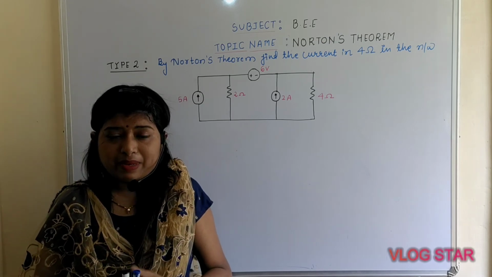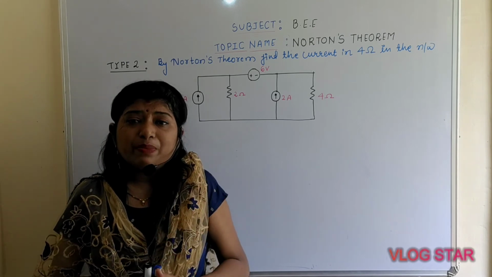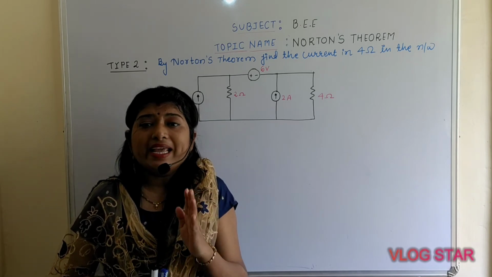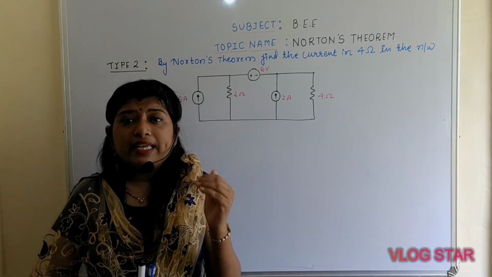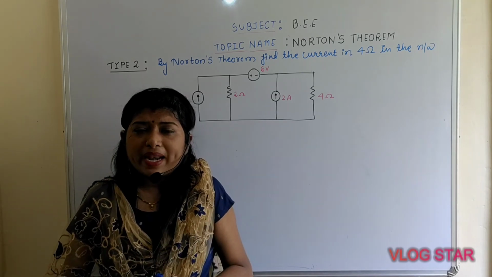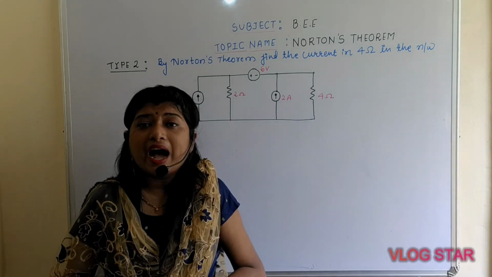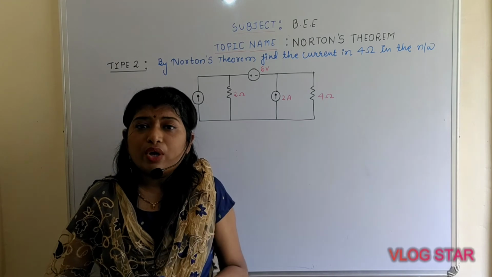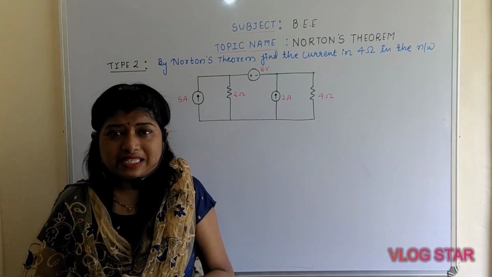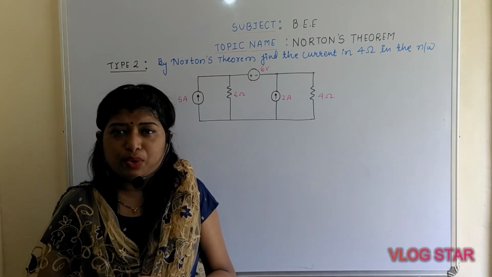In case of Norton's theorem, as you know, we need to calculate four important parameters. Which are they? The first important parameter is IN, or it is also known as ISC. IN stands for Norton equivalent current. ISC stands for short circuit current. The second important parameter is the Norton equivalent resistance, which is nothing but RN. The third is you need to draw the Norton equivalent circuit. Already we had studied how to draw the Norton equivalent circuit with the help of this statement. And the final parameter is the load current flowing through the load resistor.